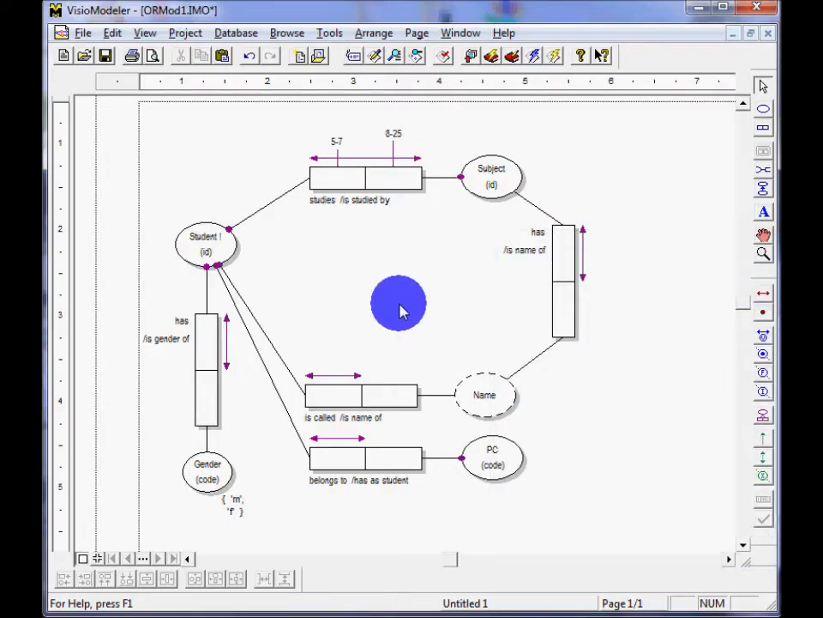Right, so in this one I'm going to show you how to do some nesting. Nesting of fact types is useful when it's a combination of the two entities together that makes it unique. So for example, if we want to have a LOA, a level of achievement for the student in a